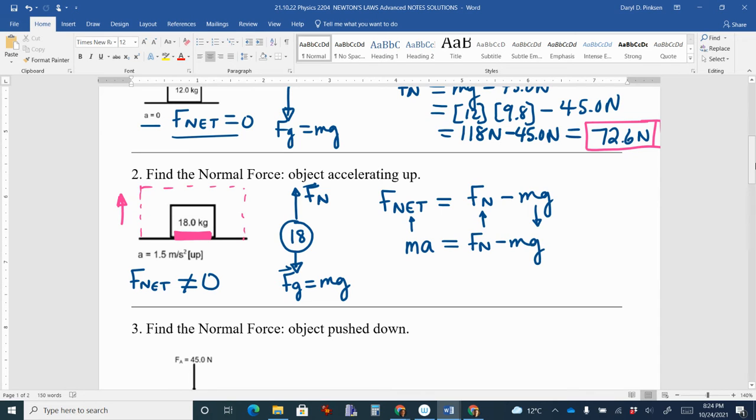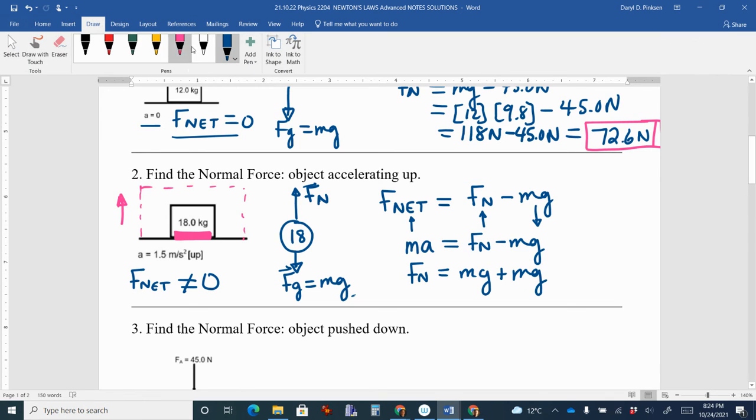So now, when we rearrange, the normal force is going to be equal to MA plus mg. Sorry, I made a little mistake there. It's MA plus mg. So remember, our normal force has to do two things. It has to accelerate the object, and it has to counteract the weight of the object pressing down on the